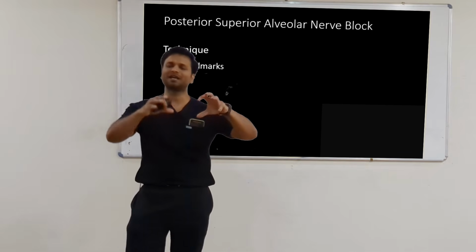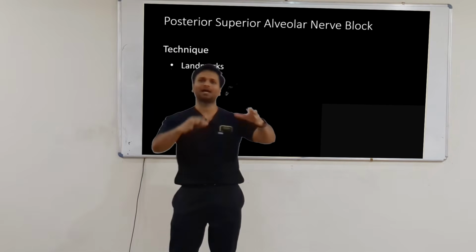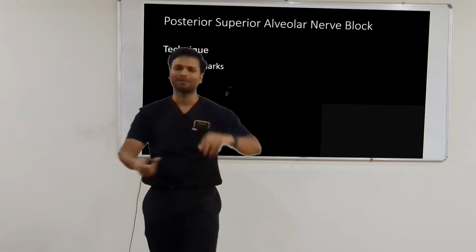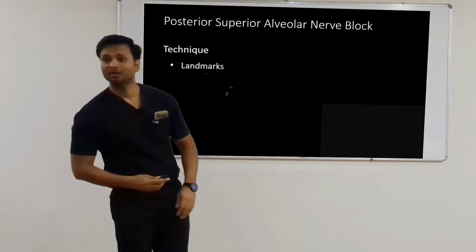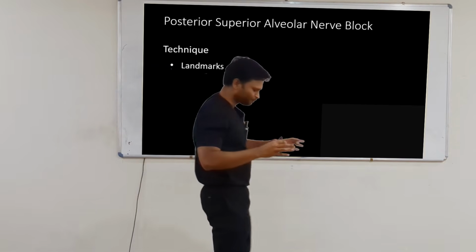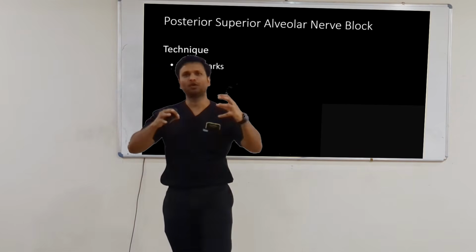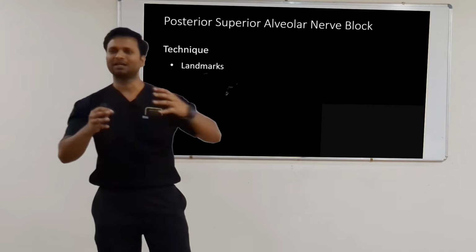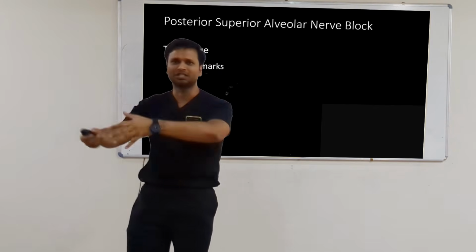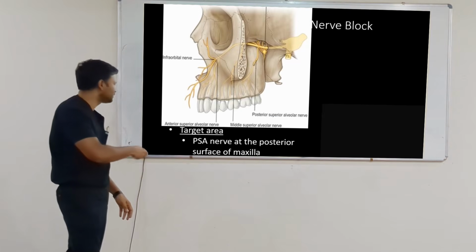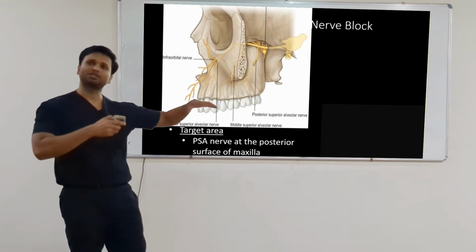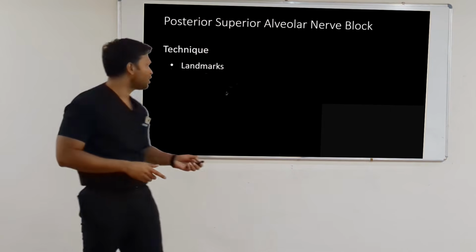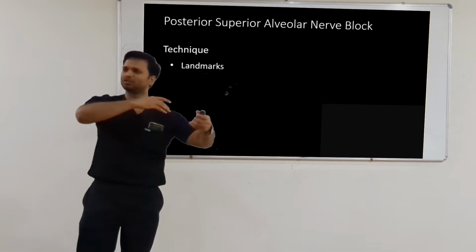So in this case we have two landmarks, that is प्रताप नगर चौराहा and that circle, मैं नाम भूल गया हूँ सर्कल का. Okay, so it is easier for you to navigate the area with the landmarks and you can reach the final position. In this, we have the final position, which is this PSA now at the posterior surface of the maxilla. Okay. So how are we going to use some landmarks to reach that position?